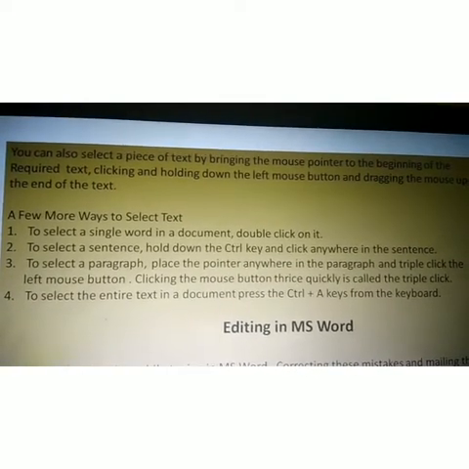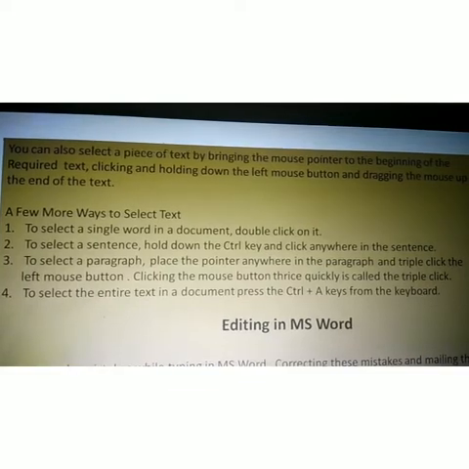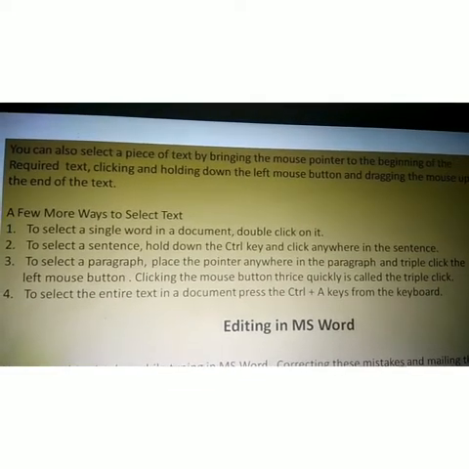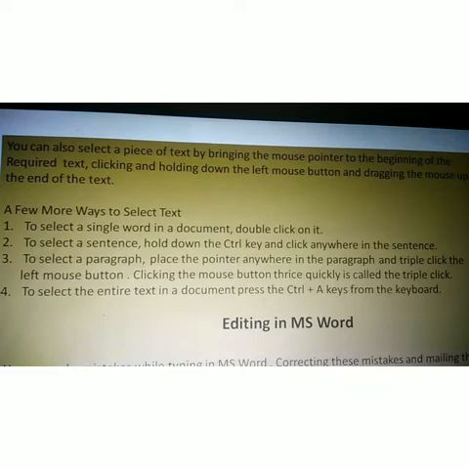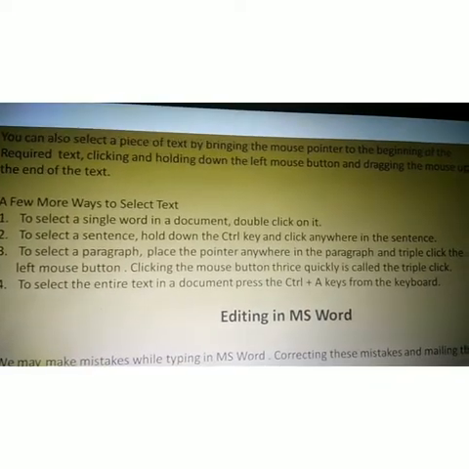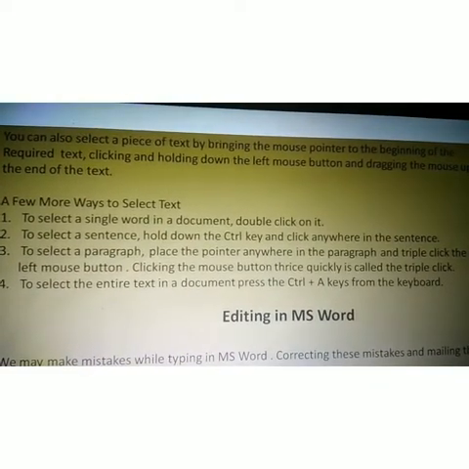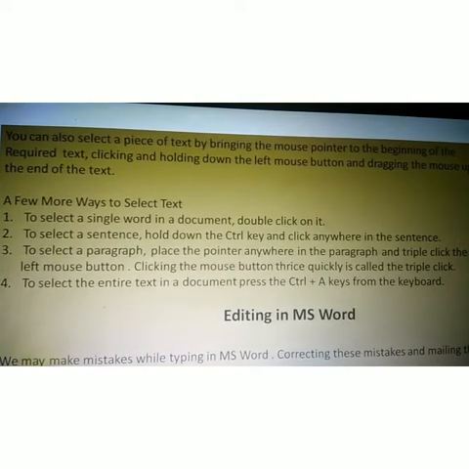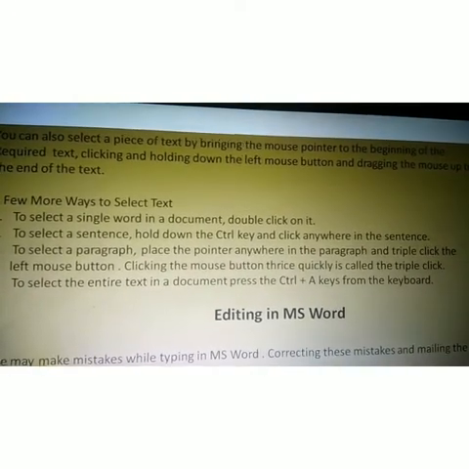Clicking the mouse button thrice quickly is called the triple click.